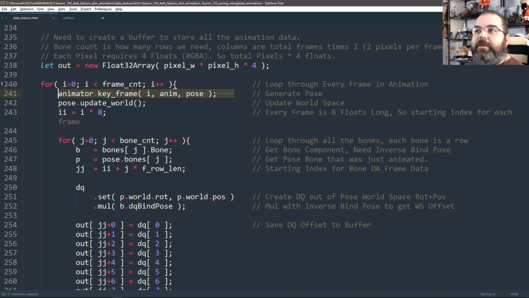So we animate 1 frame. We update its world position. We calculate its starting position in the array. Every frame starts